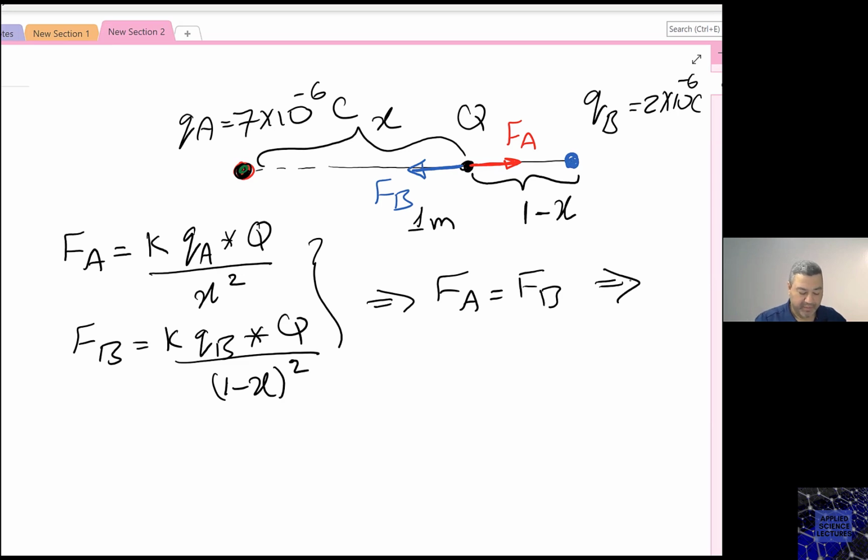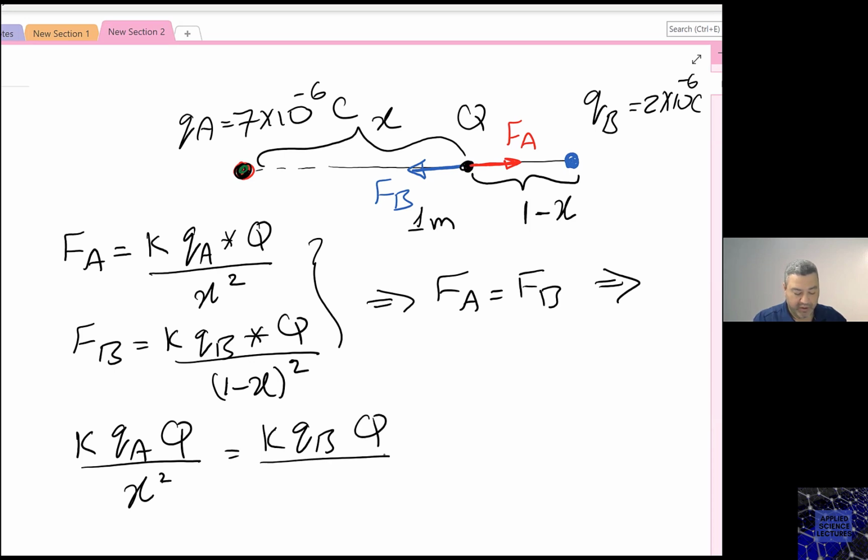So here, K QA Q divided by X squared equals K QB Q divided by 1 minus X squared. Q is the same, it is going to cancel. K also is going to cancel. So I ended up with